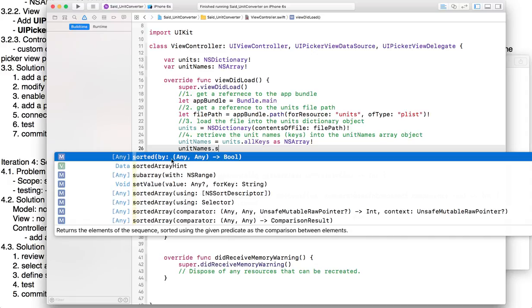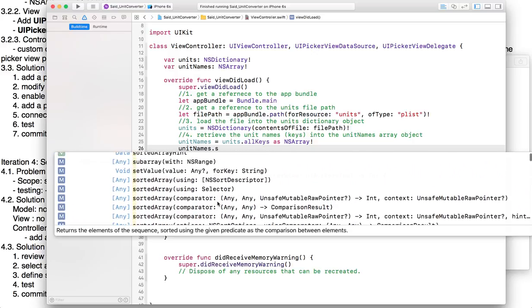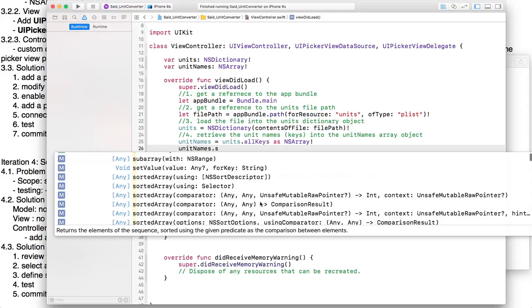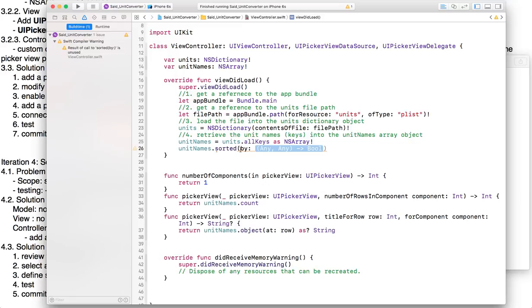it receives, you define a function that receives the two elements that the array is attempting to compare, and you return a boolean of a true or false. So that's the one that I'm going to use, and I think it's the easiest, but the comparison result one will be easy. Many of them will actually be easy. You can choose or play around with them. But if I use the sorted one,